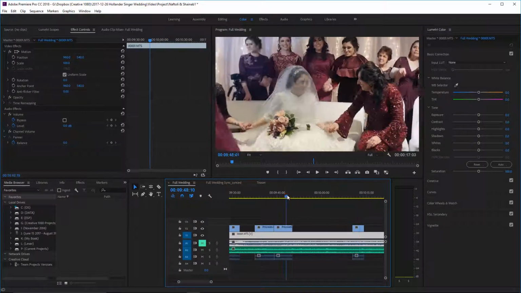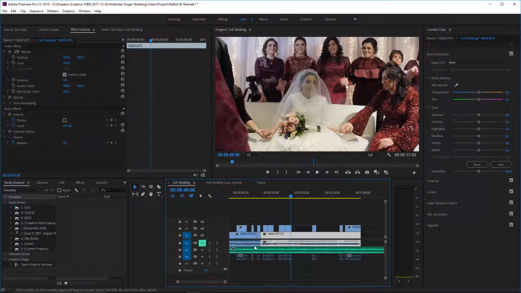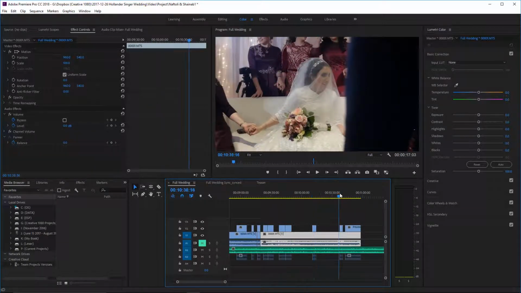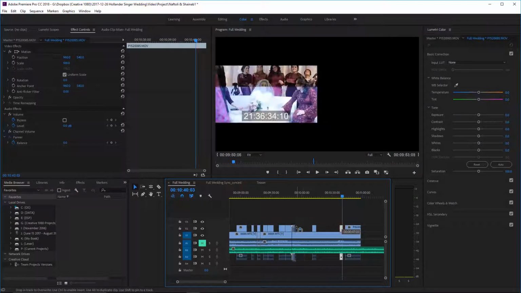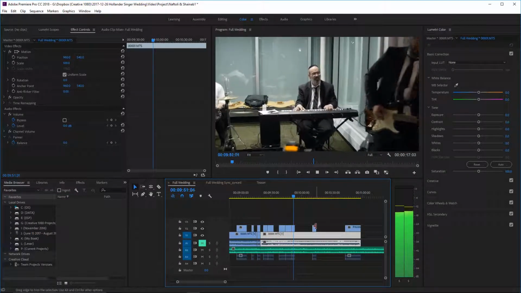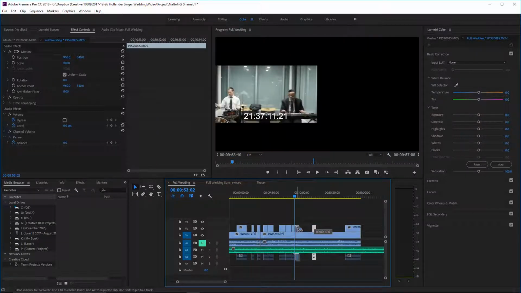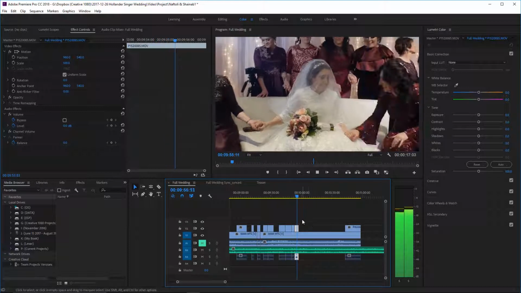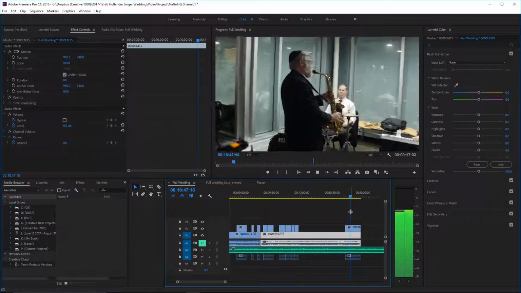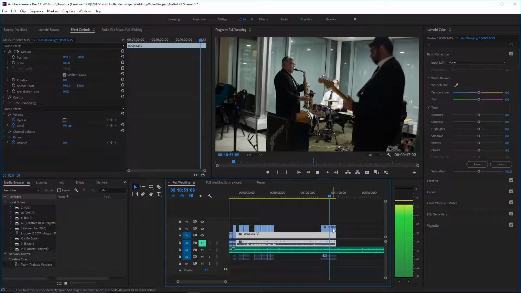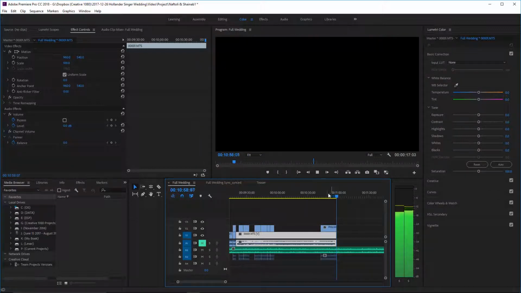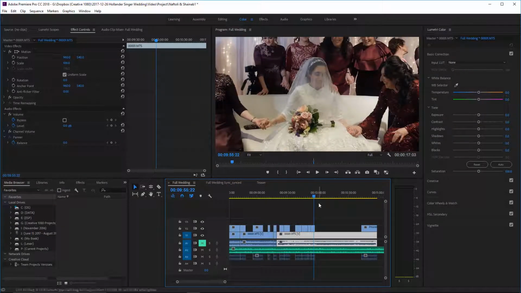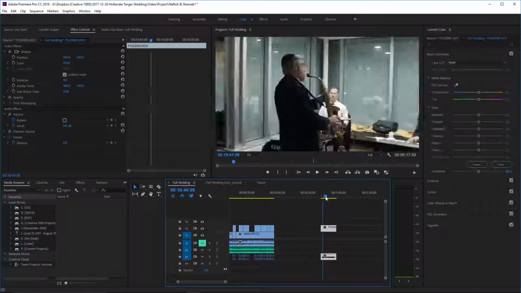Okay, those are similar shots. So, we'll put another band shot. That's just a great B-roll. Okay, and I'd like to end with this shot of the bride. So we're going to cut out everything else, and this shot of the band,